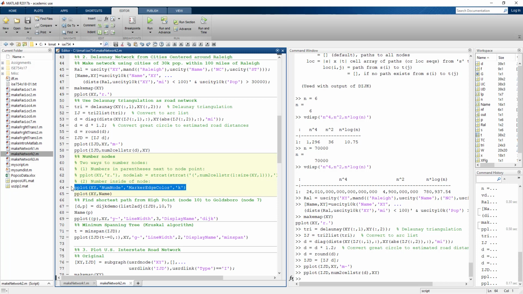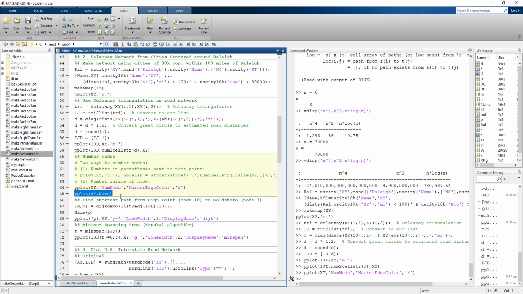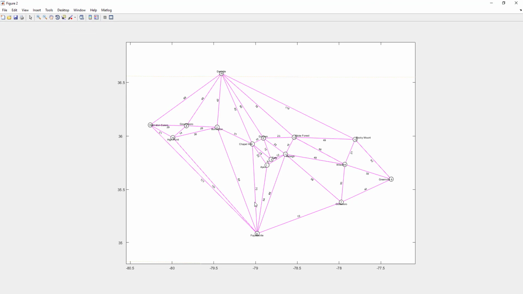And if we do that, then what pplot does is specify each node as a number. But then they're not actually numbers. These also really correspond to names of cities. So the last way of labeling the nodes is to specify this with the name of the city. It's kind of hard to see. There's a lot of overlap here. So if I blow this up a little bit, you can see now that you have the names of